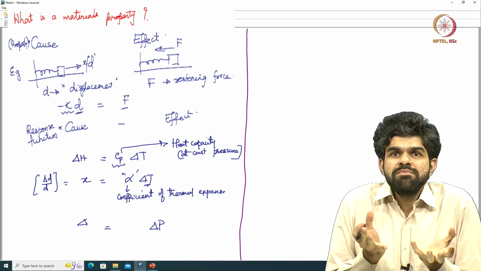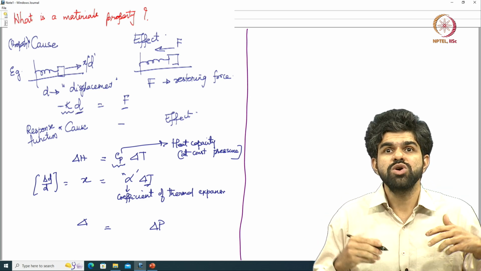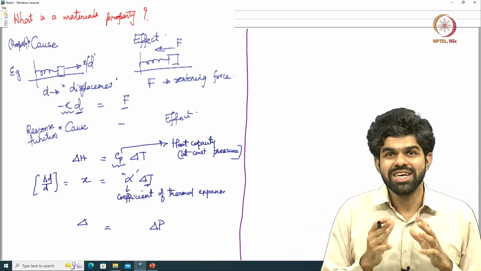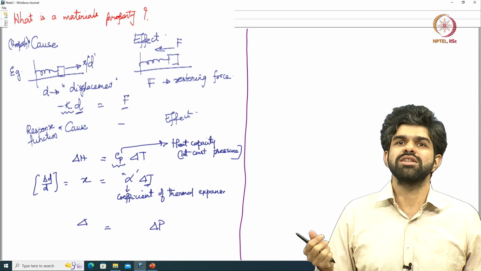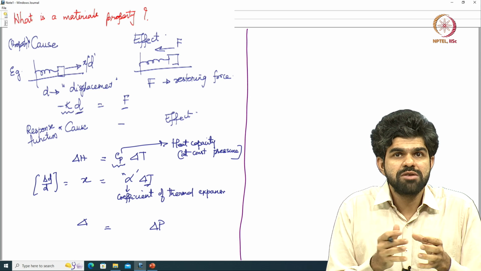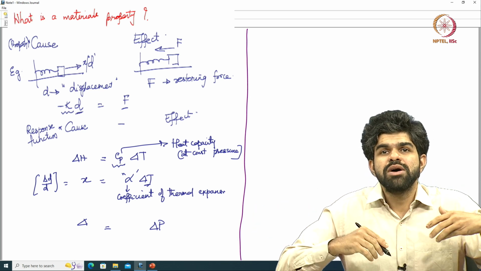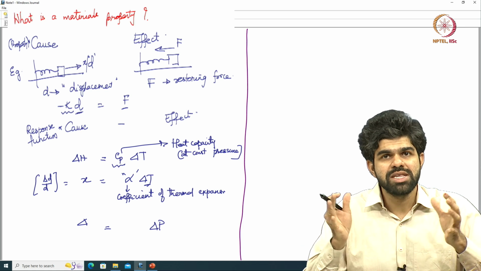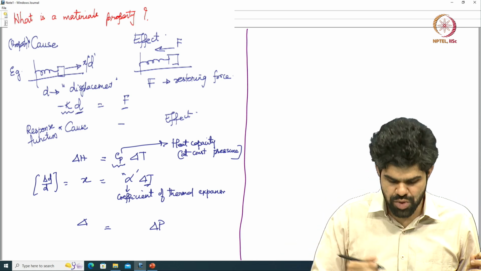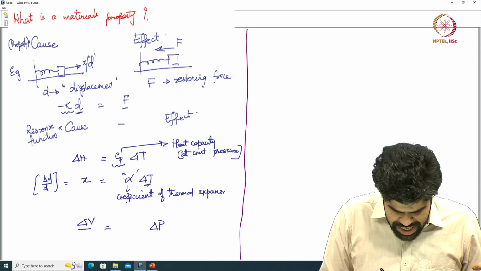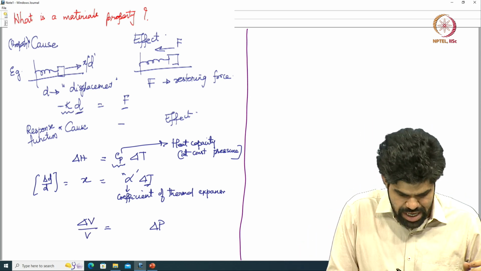Now different materials expand or compress differently when I apply pressure. So what is the property of the material that tells me how much pressure I need to apply to compress the material? So for example, if I take a softer material, by applying the same amount of pressure, it will compress even more. If I take a harder material, by applying the same amount of pressure, it will compress less, right. So this is our physical intuition. So if I look at delta V by V, which is the change in volume per unit volume, again a volumetric strain,